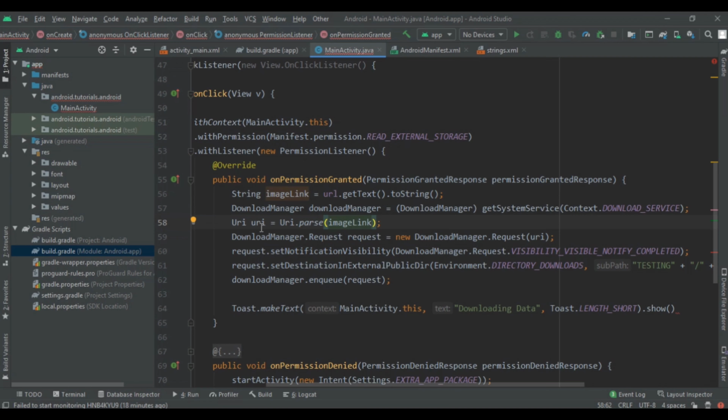So after that I am going to write request dot set destination in external public directory.